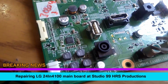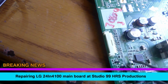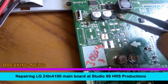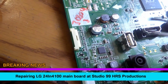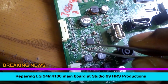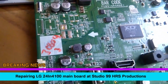And so on. So yeah, after going through and checking, we realize that we have a short capacitor that comes from here. So this cap and that cap, we have to replace. We also had to replace these caps right here. We had to replace these caps. And so I'm a cap short right now. I need a cap for here, so I'm gonna go look for that and see if I can find the value of that cap,